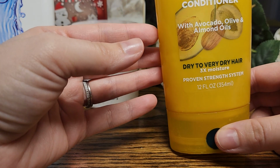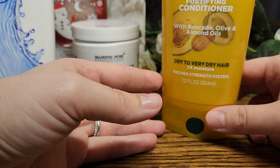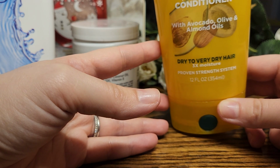And I will say that this is extremely moisturizing. Very, very pleased with how it made my hair feel. My hair is extremely long again, and